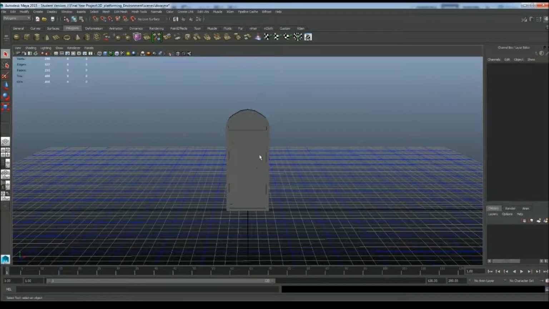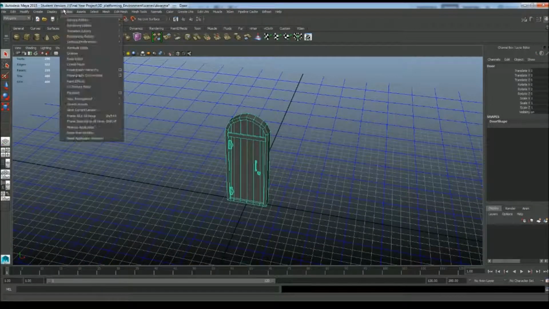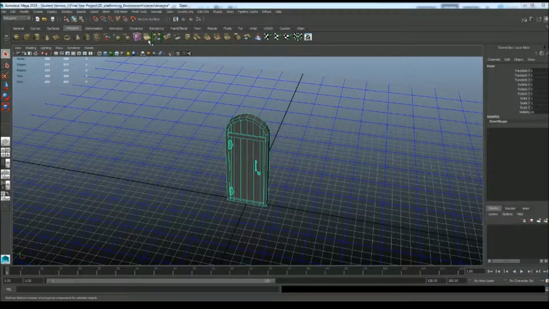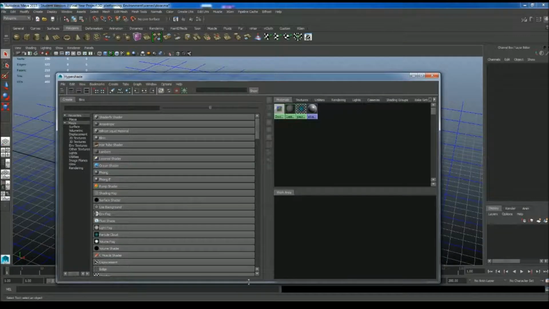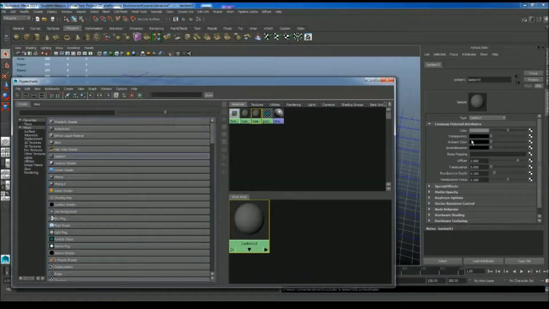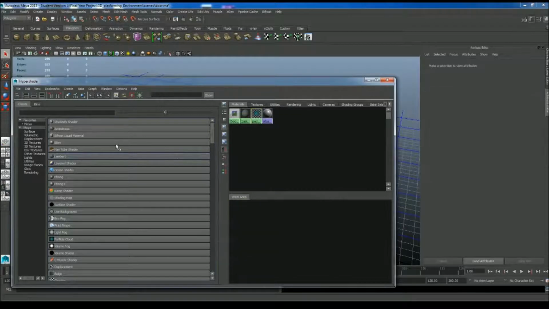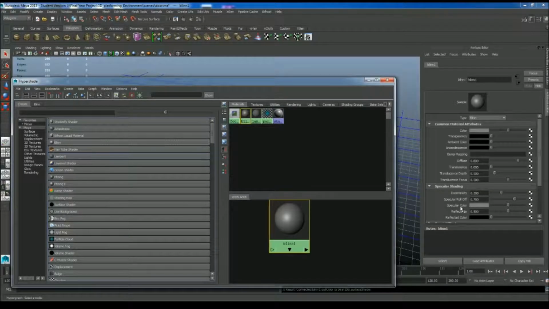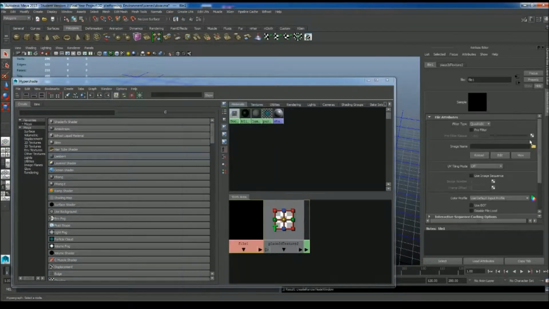So now I can apply them on there. If you need to apply it, you go to Windows, Rendering Editors, Hypershade. Because we have a specular map, we can't use a normal Lambert. If I click on the Lambert here, go to its properties, attribute editor, you can see there's no option for a specular map. What you want to use is a Blinn. This has the specular color here, so I'll start attaching the